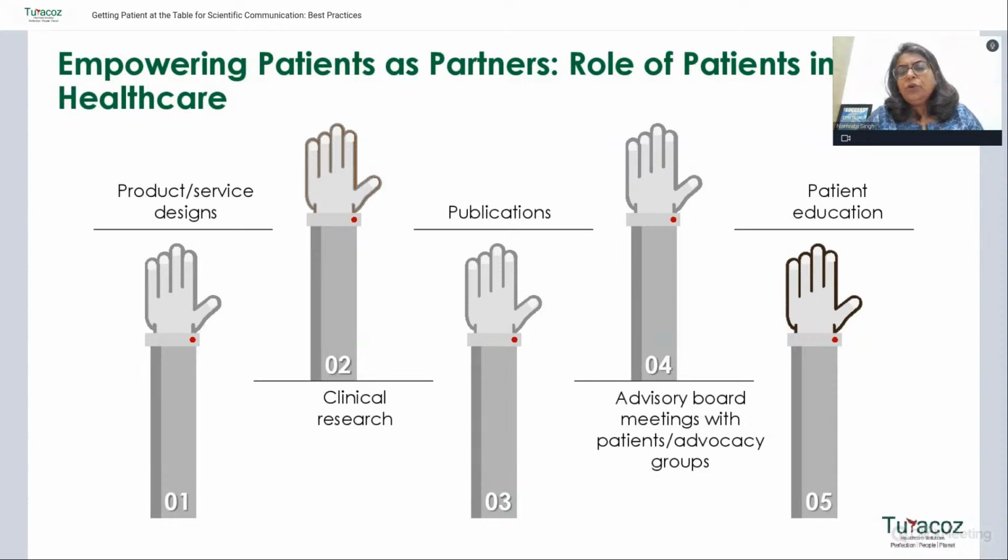Third, I'm going to talk about publications. Obviously, when we are publishing science, when we are publishing medicine, what is in it for the patient? These publications ultimately reach public platforms as articles in newspapers, but by the time they reach that stage, a couple of weeks or a couple of months would have passed since the research was published.